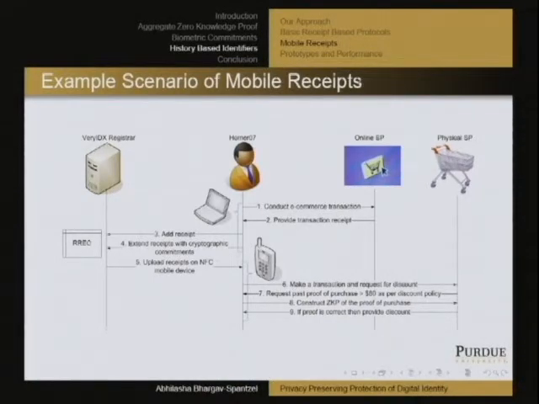As you can see in this example, Homer does this online e-commerce transaction, and as per the earlier protocol, it can add a receipt. A step that I didn't talk about was that you can take these receipt attributes and extend them. Basically, you can create cryptographic commitments of these receipt attributes. Once you do the cryptographic commitments, you can prove that you have a receipt attribute without showing it in clear. So Homer goes, he uploads the receipts, and he